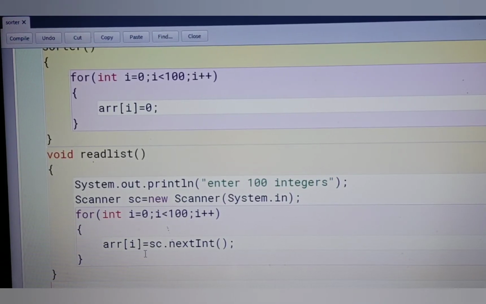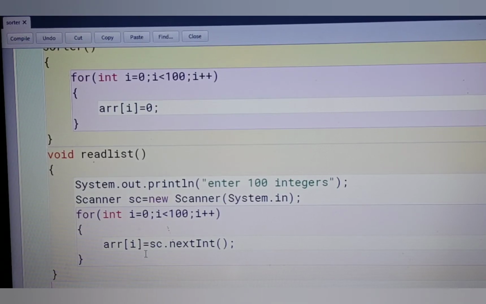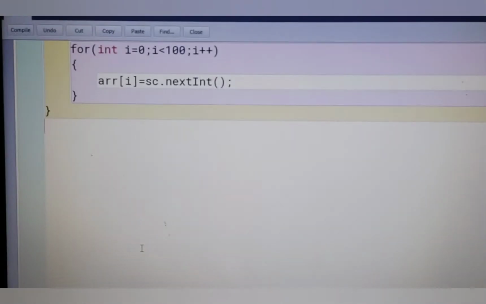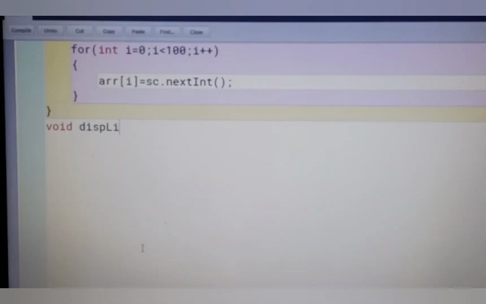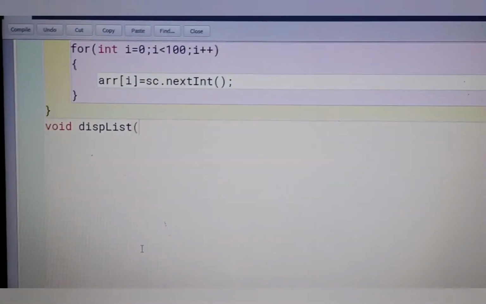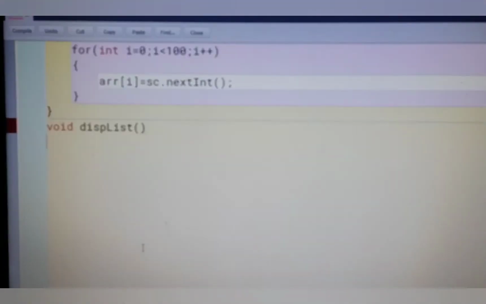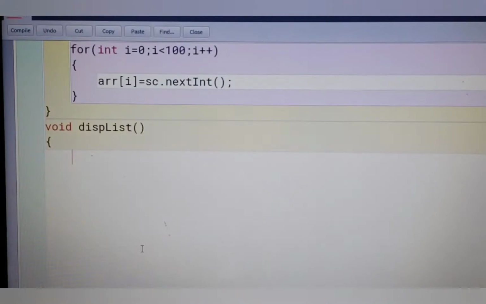After this, the next function is void dispList to display the integers present in the array. In this function we have to display the list of integers present in the array.